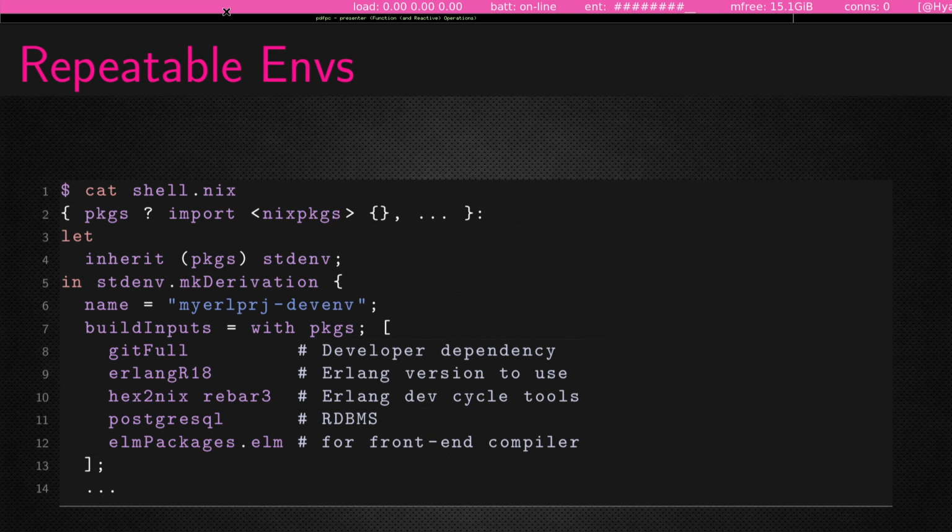We want Hex to Nix and Rebar 3 and Postgres and Elm. So this goes well beyond language-specific package management. This is the whole setup and the whole system, right? And this is very useful. This can be reused for the actual host configuration that you create for the hosts that you want to deploy to, as well as for the development environment.